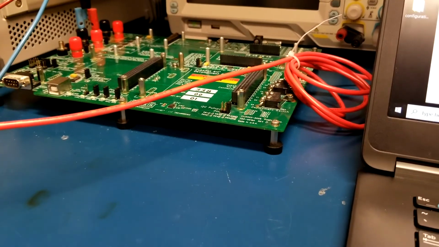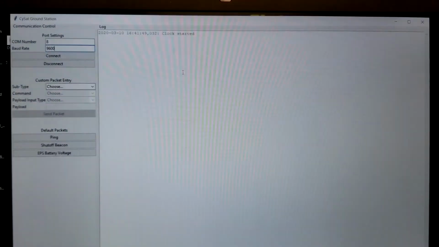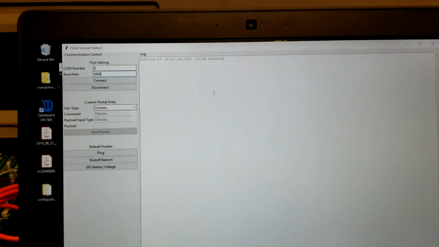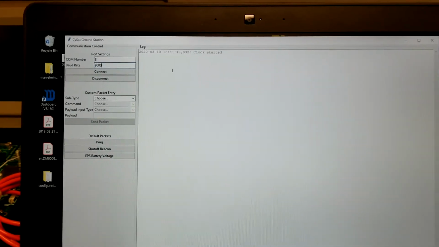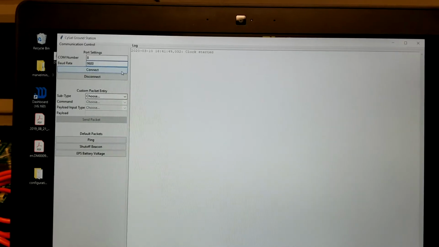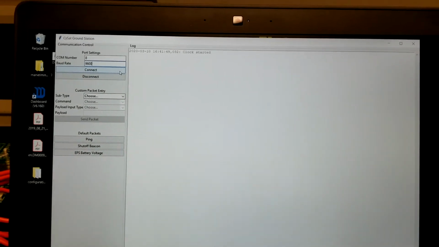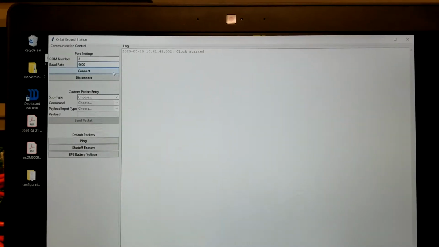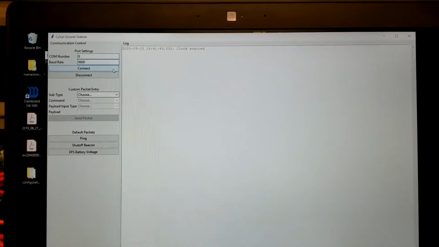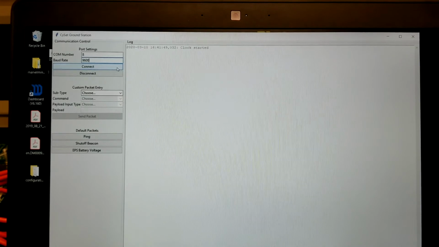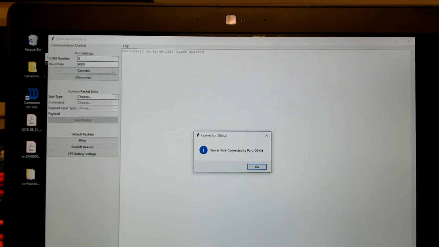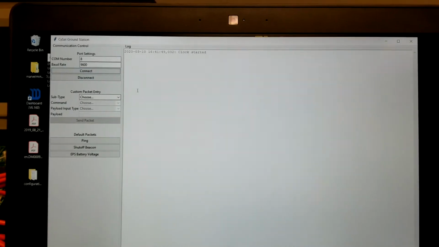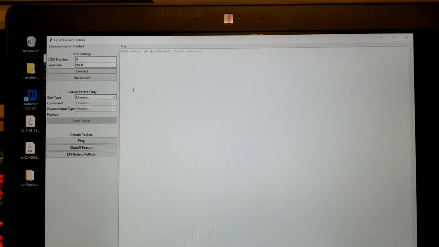and we have that connected to a serial port. Now here's our ground station program, and we can go ahead and connect it to the Kenwood radio on COM port 8 at 9600 baud. We've already configured the Kenwood radio to be at the correct baud rate and in a converse mode to be able to communicate serially like this. So when we connect, it's going to say that it's successfully connected, and then it's going to sit and wait for packets, and then when it receives one,